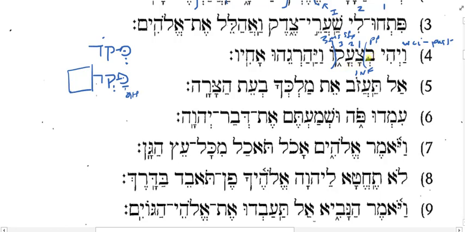Now, when you have a bet attached to an infinitive, what's really the best way to translate it? When. So, past time, when he tsa'ak, when he cried out. What happened? Vayahargehu. You see that vav with a doubling dot? So that is a WCI, right? In keeping with the WCI at the front. These are all past tense. So when he cried out, vav, and the yod prefix before these three root letters.